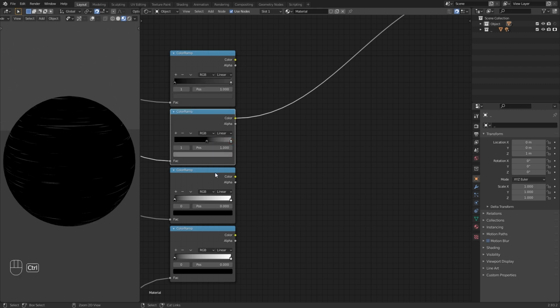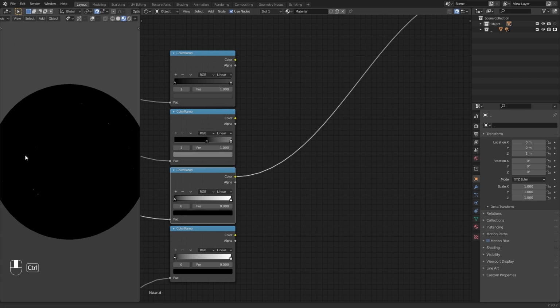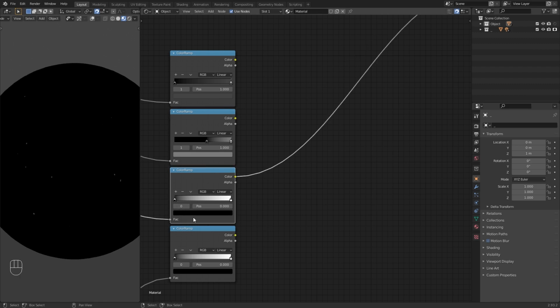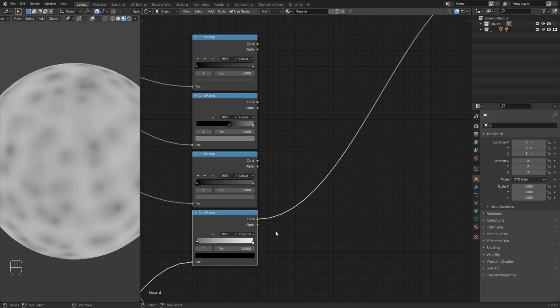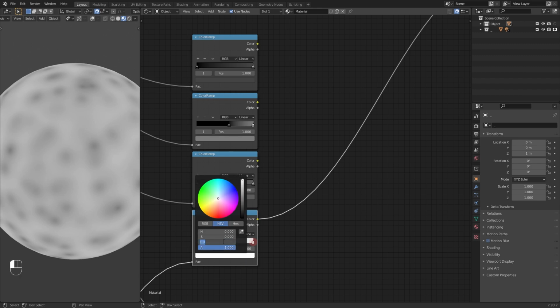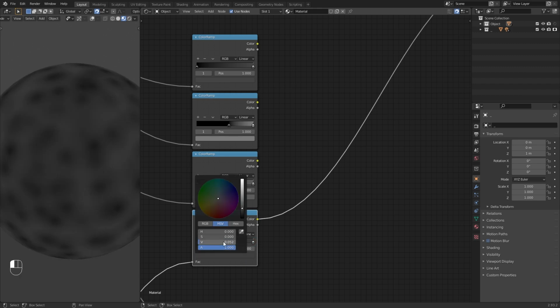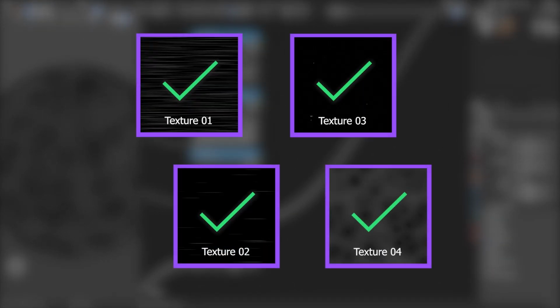After that, now set node preview to the third color ramp. In this ramp, change the V color value of the second color stop to 0.11. Now finally select the fourth color ramp and change its interpolation to B-spline. After changing that, now set the node preview to this ramp and change the values. In this ramp, change the V color value of the second color stop to 0.052. Right now we have finished customizing the textures as we want.